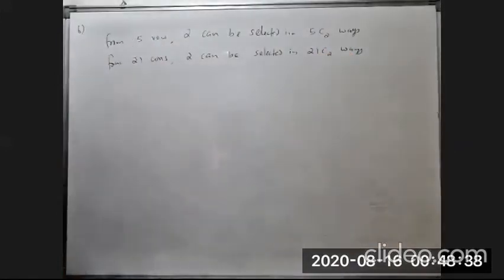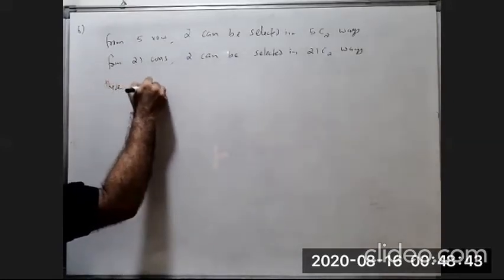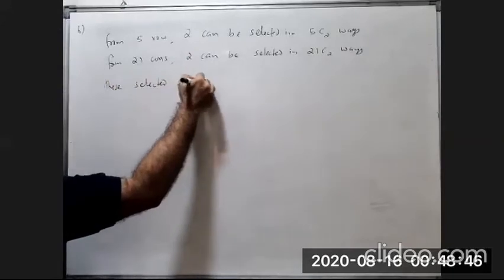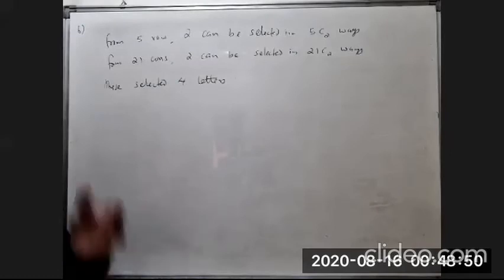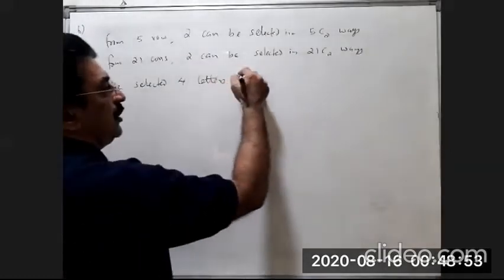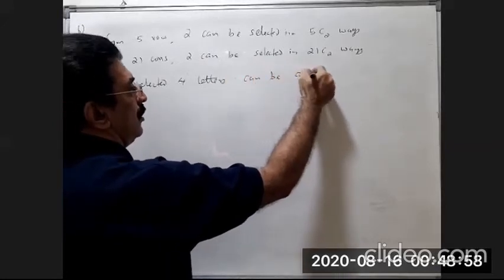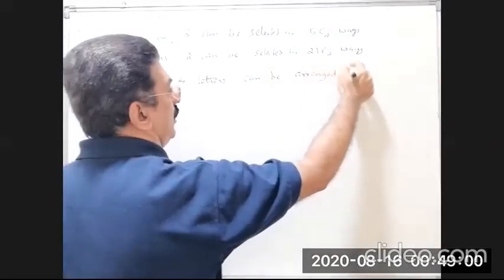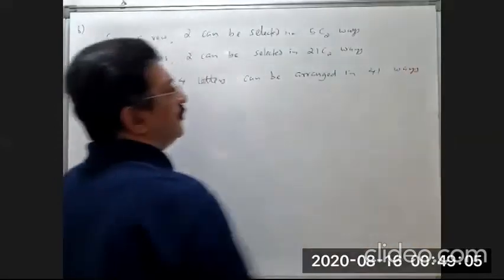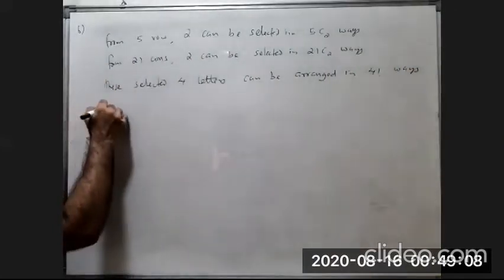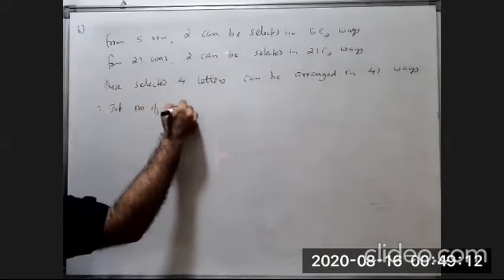First is selection, then these selected 4 letters, 2 vowels and 2 consonants, can be arranged in 4 factorial ways. Therefore, the total number of words is